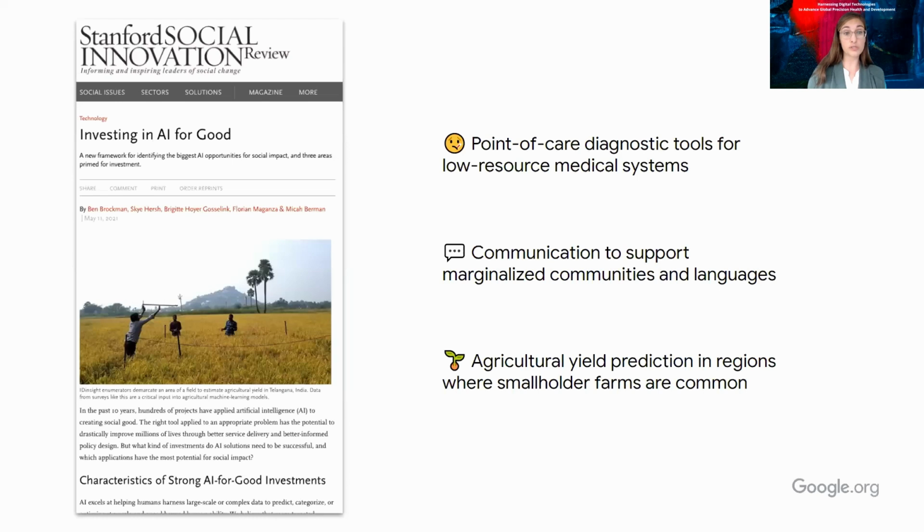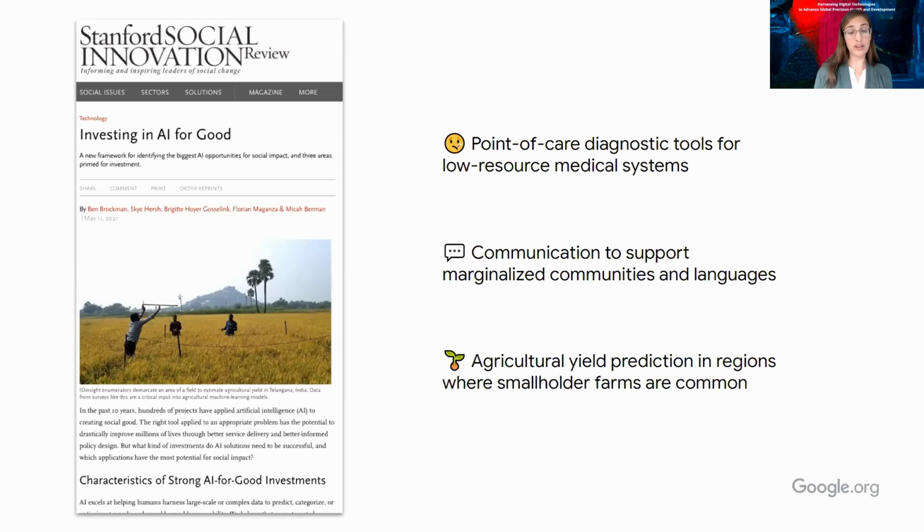So the first is, of course, point of care diagnostic tools, really thinking about how, with especially better data, we can see that differential impact as we just talked through in the MSF example. Communication tools that support marginalized communities, that really lean into language. So thinking about human translators being augmented, or with those new languages, as we mentioned, coming online, how we can ensure that people are getting the information that they need.